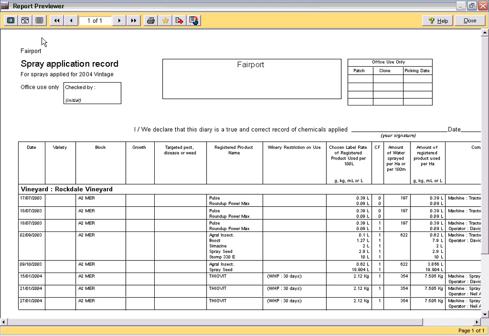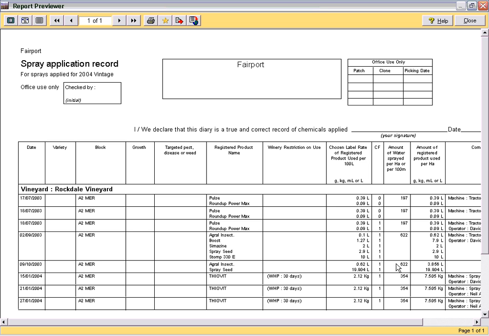I'll just zoom in here a fraction. So we've got the date and the variety and the block. If we recorded the growth stages and targets, we've got our registered product, any winery restrictions, the label rates for the chosen product, any concentration factors,